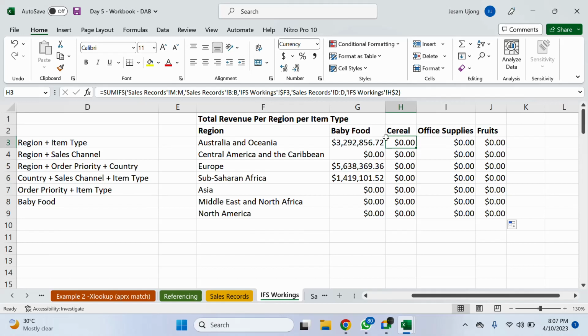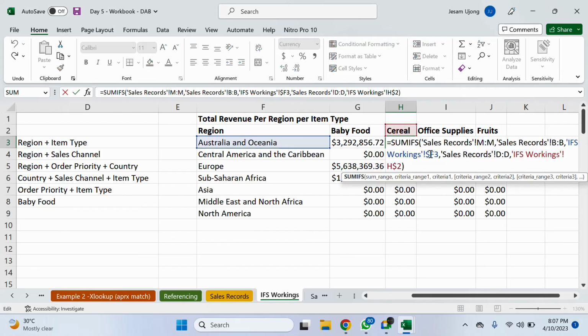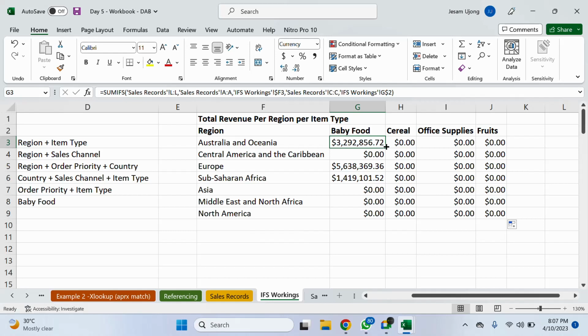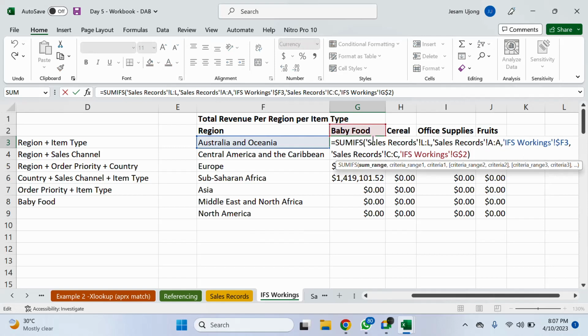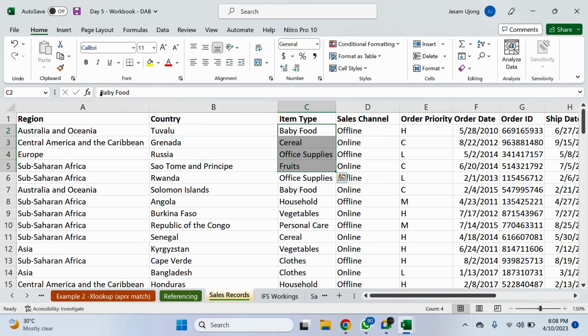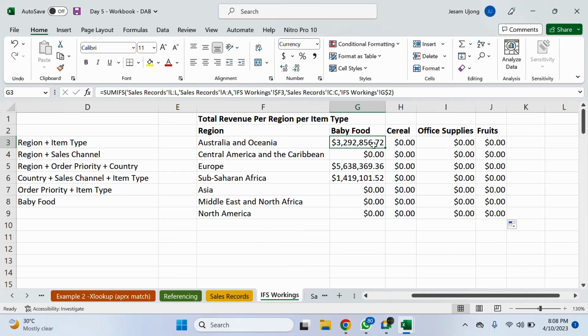So I like that we are trying stuff out now. Now something has happened. When you drag your formulas to apply to others, you have to consider every factor. Now let's look at this. In our sales records, the criteria range one is AA, right? And the criteria range 2 is CC. If we look here, we have AA as the region, and then we come here, we have CC as the item type column. This was perfect for this, but when we drag our formula,